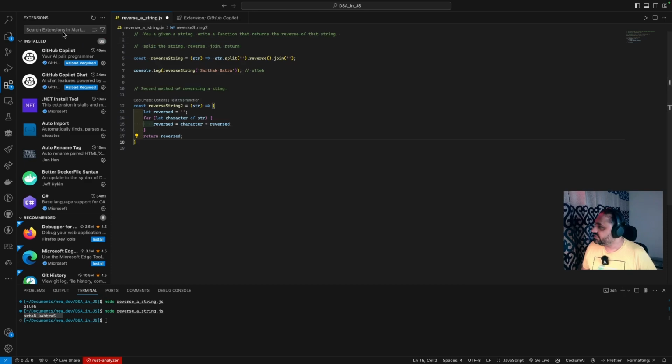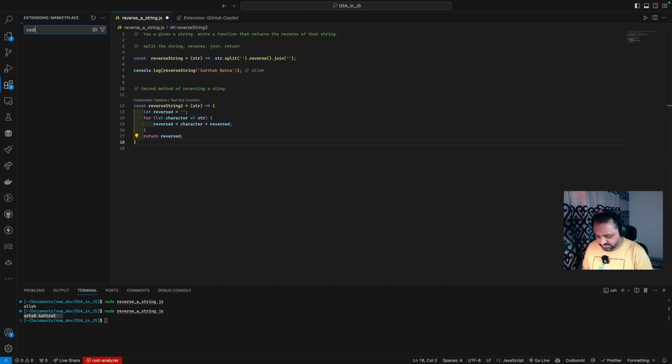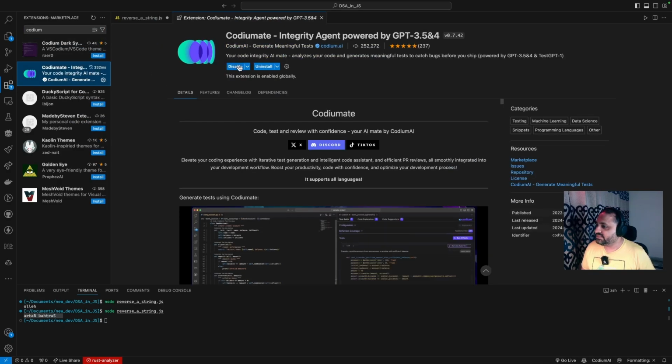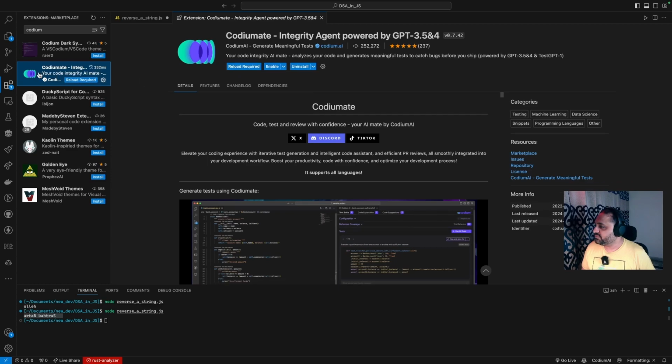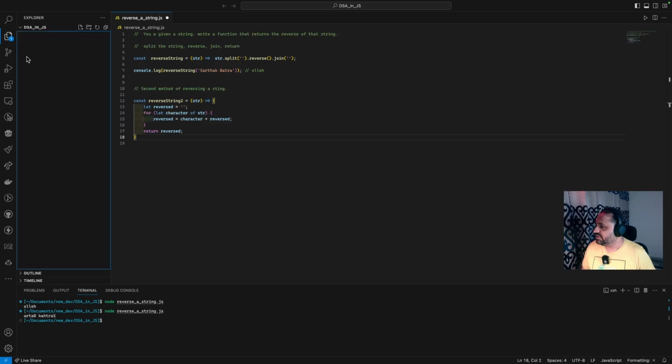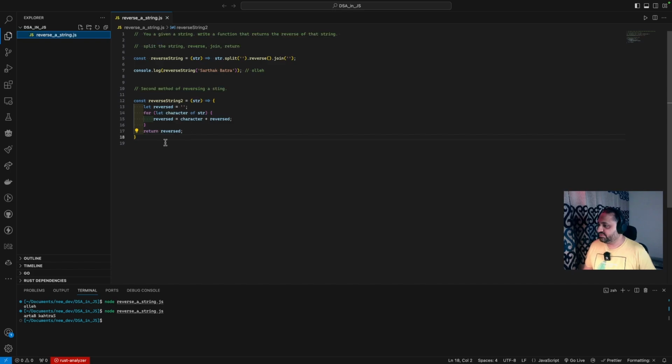Codium mate. That is sending in those suggestions. Codium mate. Let's disable it for now. Let's do the reload. And we have the reversed. Okay,